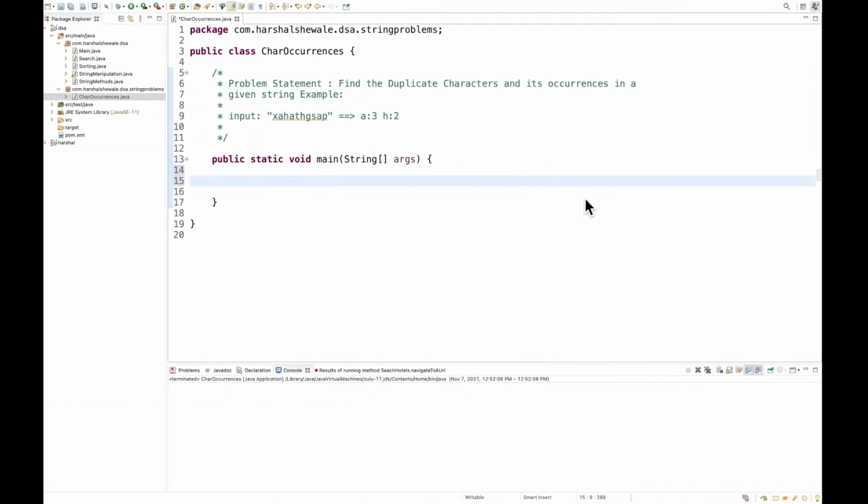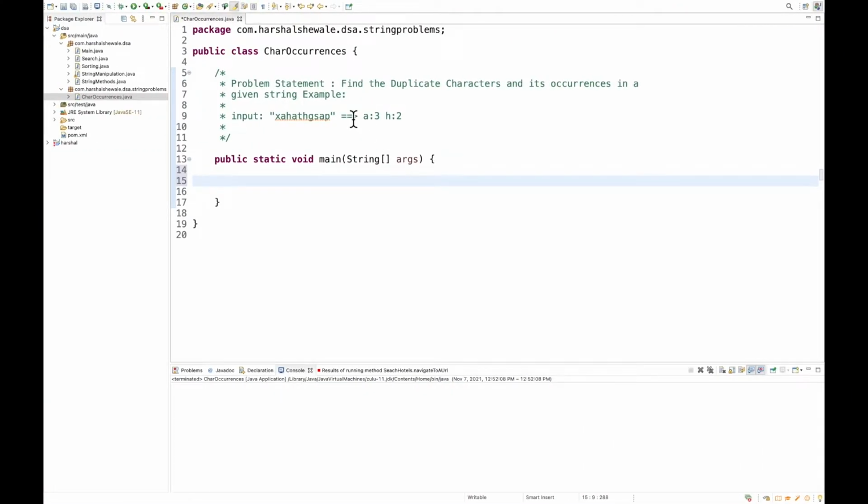In this video, we are going to see one of the string problems, which is to find duplicate characters in a string and their occurrences as well. So what is the problem statement? We have to find the duplicate characters in a given string and their occurrences. Suppose this is the input string and the output is this.